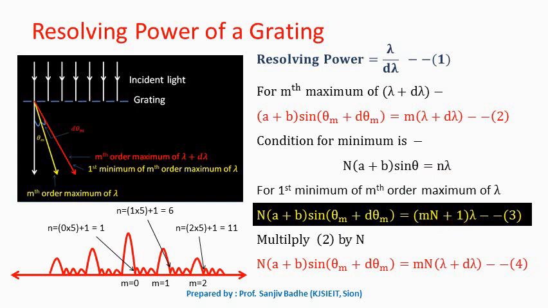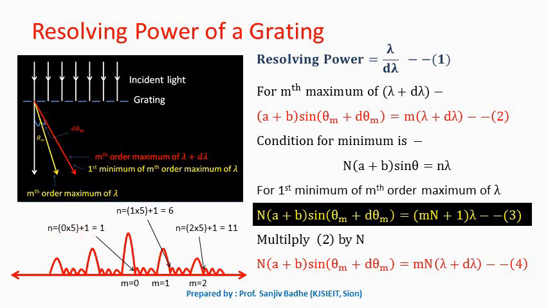M is the order of the maximum, N is the number of lines on the grating. Now, why are we replacing this n by mN plus 1? That can be understood from this diagram. In this diagram, this is the zeroth order maximum and this is the first minimum of the zeroth order maximum. So, if you count its order from this center, it can be written as 0 into 5